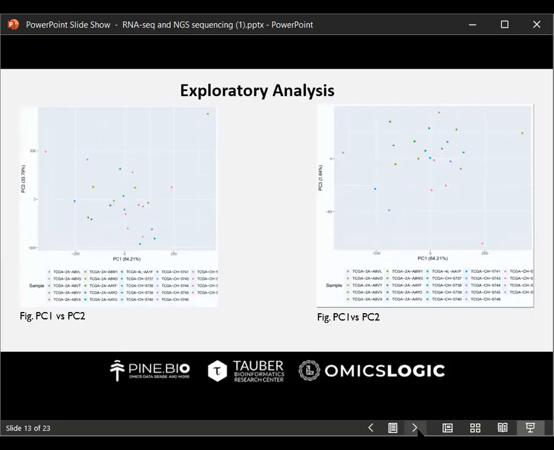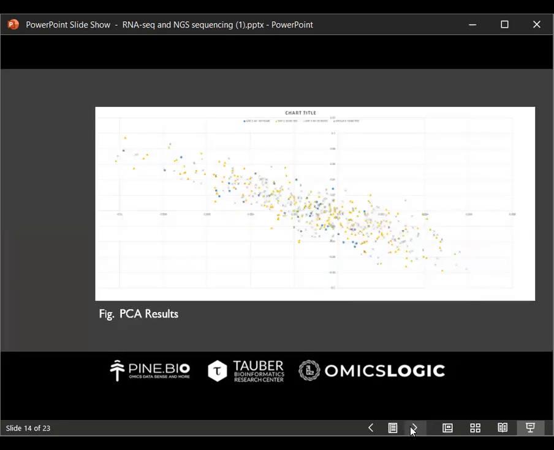Now, this was a result that we preliminarily got. This was just a test result that was conducted on 25 to 30 samples, I believe. And as you can see, yes, we can see some outliers present on the screen, but we were hoping to find more of them. And this was the final PCA analysis that we did on the whole sample. And the result, as you all can see, was a little bit inconclusive. But yes, this was just the first step, the primary step, and we had much more analysis to go.